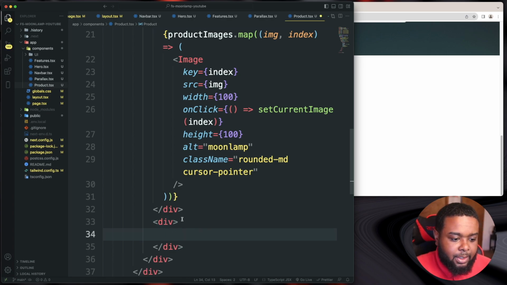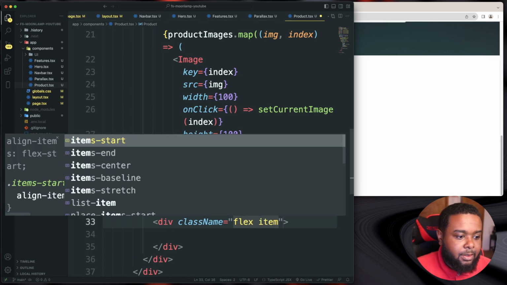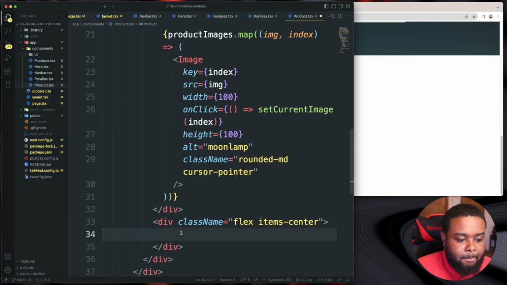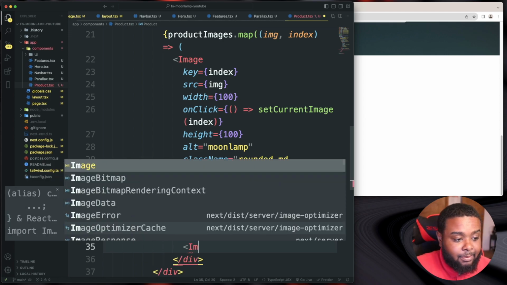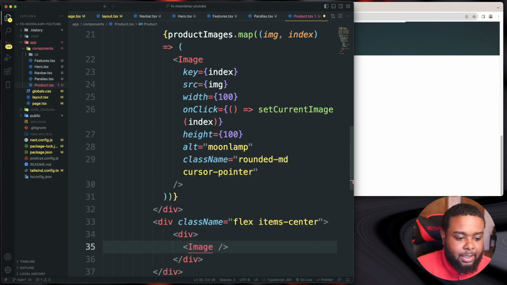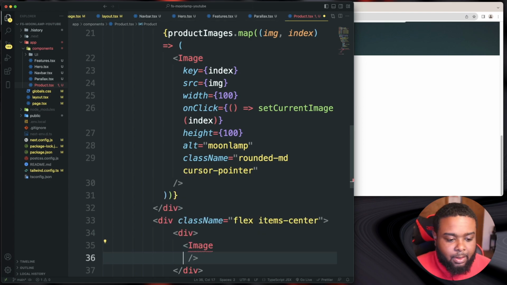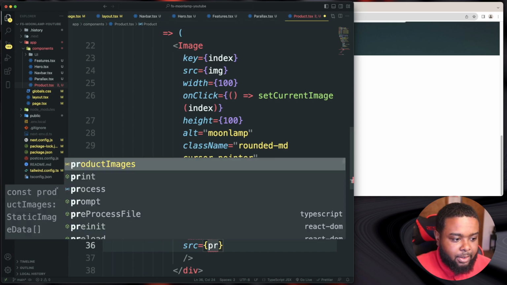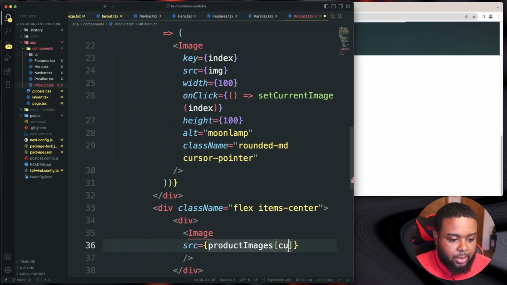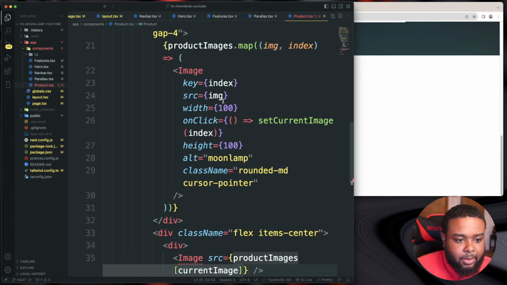So this is going to have a class name of flex and items-center, and in here we're gonna have a div with just a classes div and image, a Next.js image component, and this is going to take a bunch of stuff as well. So our source is going to be product images current image like that,